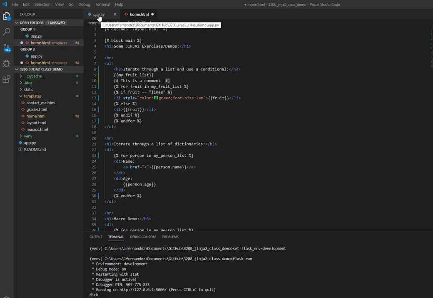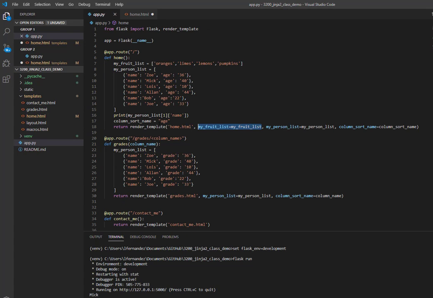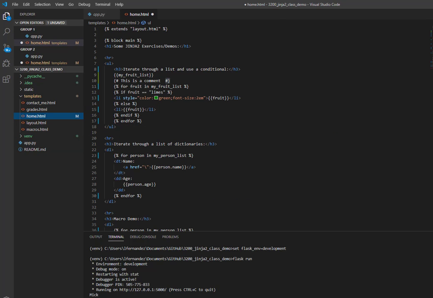Now, if you wanted to iterate through a dictionary, you can do that too. Here I have, well, it's still a list actually, but it's a list of not just strings, but a list of dictionaries. I've declared and defined my person list here, and then I'm passing it right here. And then we can go back to our template, and here we're iterating through the person list, and